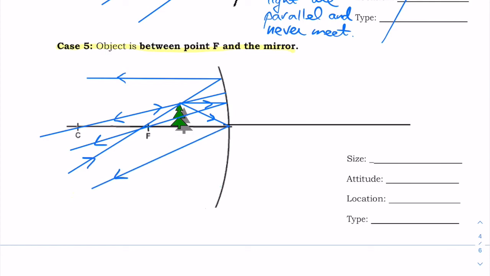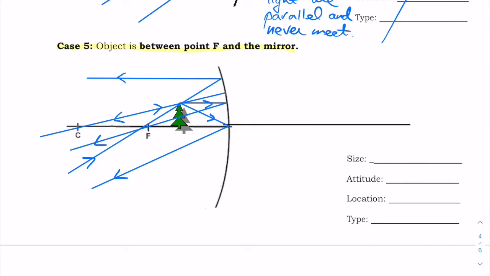All of the rays of light don't appear to cross anywhere. And that's because case 5 produces something a little more interesting. This is actually the only case where you produce a virtual image using a concave mirror. Recall when we learned about plane mirrors, virtual images formed on the other side of the mirror. So what happens here is you have to trace the rays backwards to the other side of the mirror and look